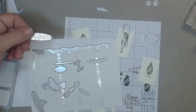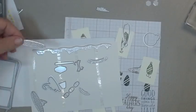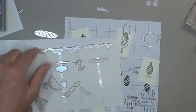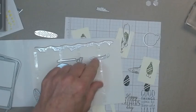It's got a, I forgot what it's called. If my son was here, he could tell you right off. You've got another wave action going here. This is